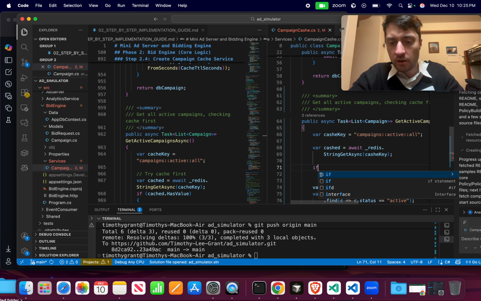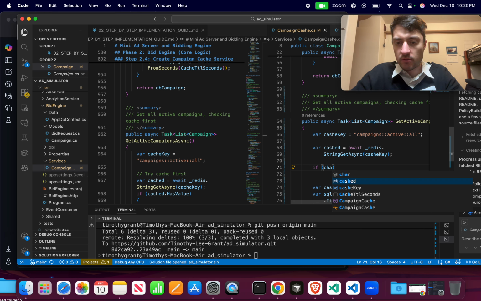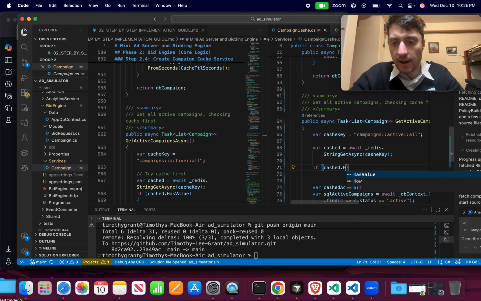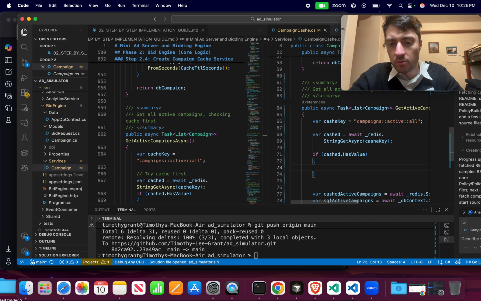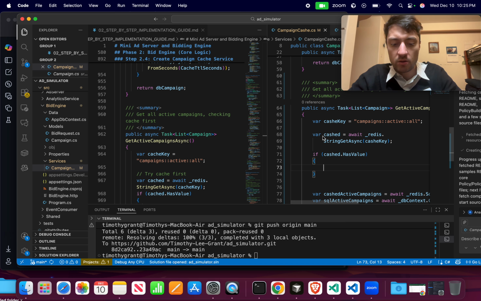So if, say, cached, right? Cached dot has value, yes, like this. Now what do we want to do? The first thing I want to do is I need to get it into, so I just got it from the database, right? So this, I just got it. So I need to, I'm not trying to send, I'm trying to do the other one, which is D. Okay, so